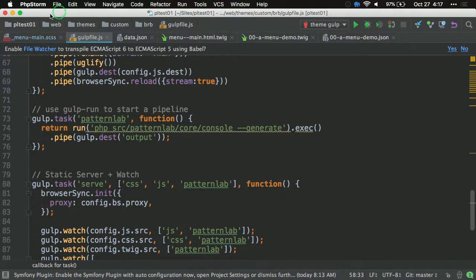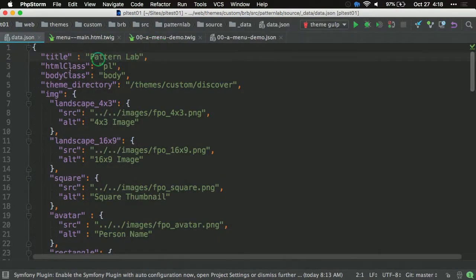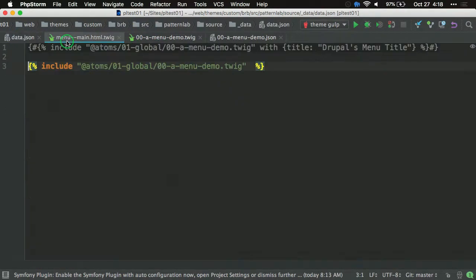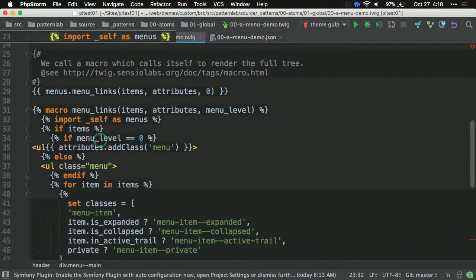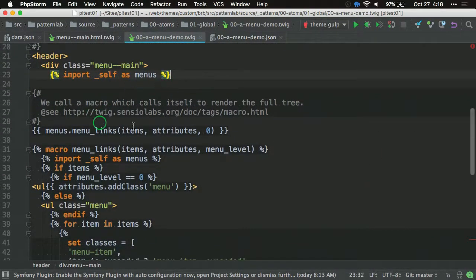Okay, so let's look at the menu specifically. I'll close these two. So this is the twig file that is part of the pattern library. So if you can see,